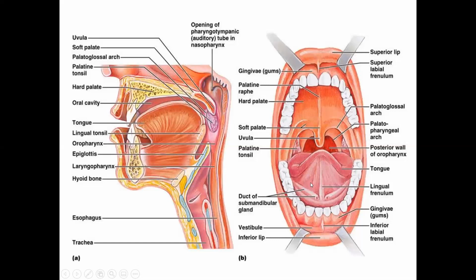bounded anteriorly and laterally by the dental arches as well. Posteriorly, the oral cavity communicates with the oropharyngeal isthmus, which is a part of the pharynx. So posteriorly, the oral cavity proper communicates with the pharynx through the oropharyngeal isthmus, and anteriorly it communicates with the exterior through the oral fissure, which is controlled by the muscles of facial expression, which open or close the oral fissure, the exterior opening of the oral cavity and the oral vestibule.